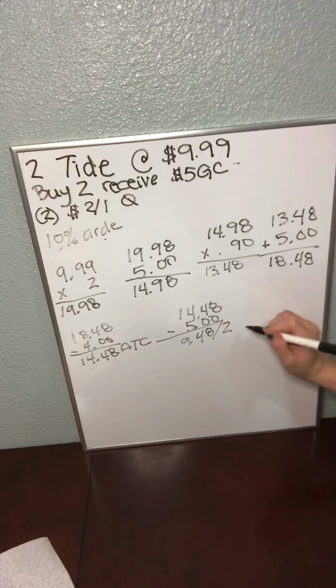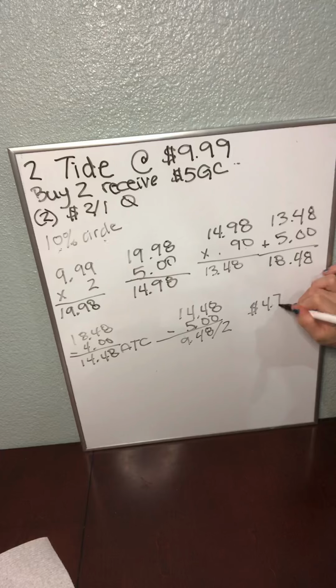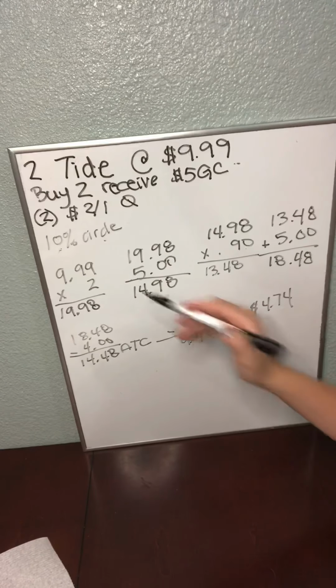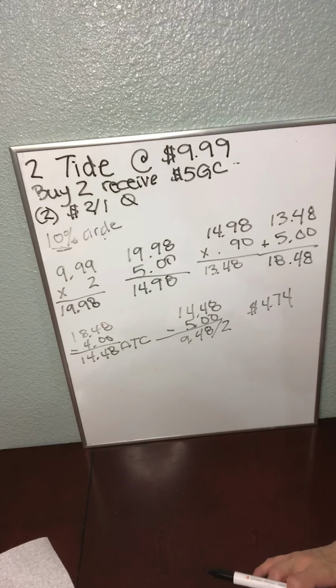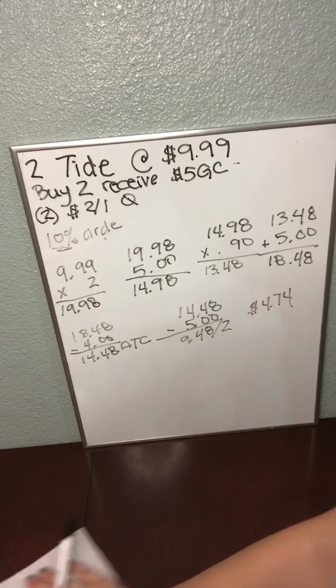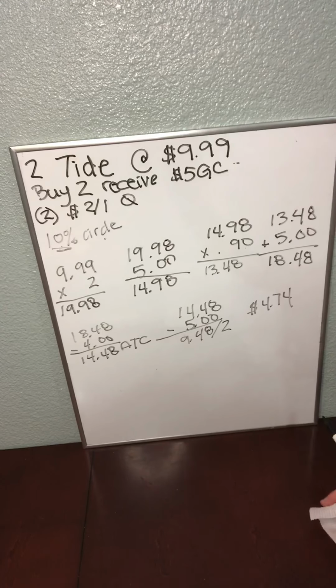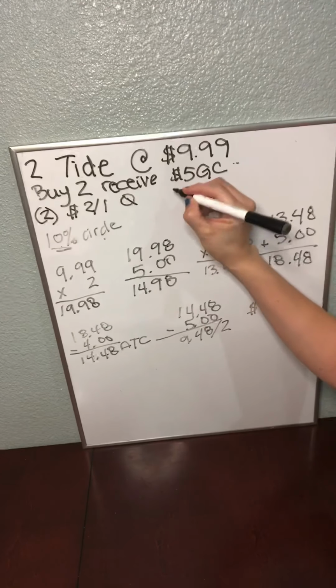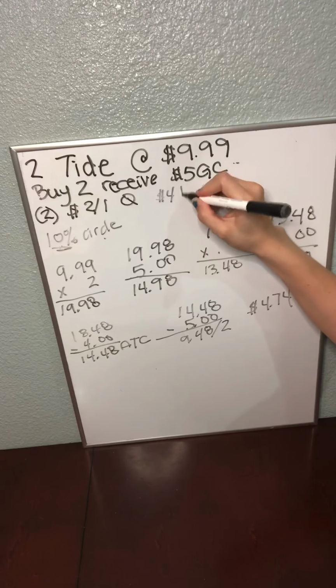And for one, it's going to be $4.70 for a bottle. So adding in that 10% right there, you can see that it saved about another 70 cents or so. Now we're going to add in another layer here, and this is going to be an Ibotta offer. And we're going to say that there is a $4 back